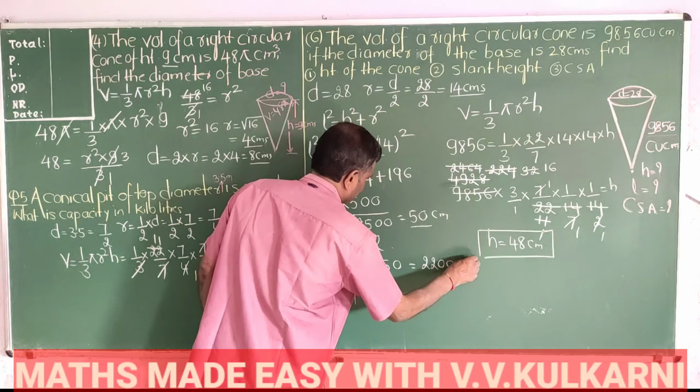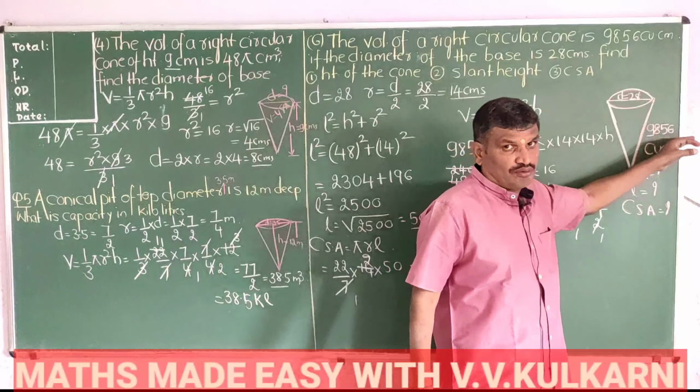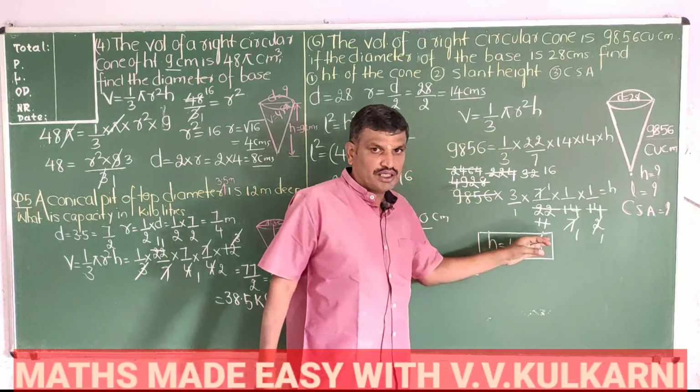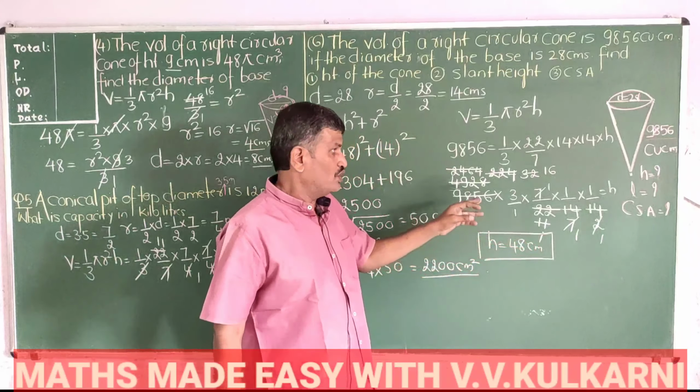So what we did is, from the volume and radius we calculated the height. वॉल्यूम से और रेडियस से हमने हाइट कैलकुलेट किया, हाइट से स्लैंट हाइट कैलकुलेट किया, स्लैंट हाइट से कर्व्ड सरफेस एरिया कैलकुलेट किया. यानी सारा उल्टा गया. अक्सर आपको रेडियस और हाइट देते थे और आपको वॉल्यूम कैलकुलेट करने के लिए कहा जाता था, और यहाँ पर उल्टा है. यहाँ पर आपको वॉल्यूम दिया है, यहाँ पर आपको डायमीटर दिया है और आपसे कहा गया है कि हमको आप बताइए कि हाइट कितना होगा, स्लैंट हाइट कितना होगा, कर्व्ड सरफेस एरिया कितना होगा.